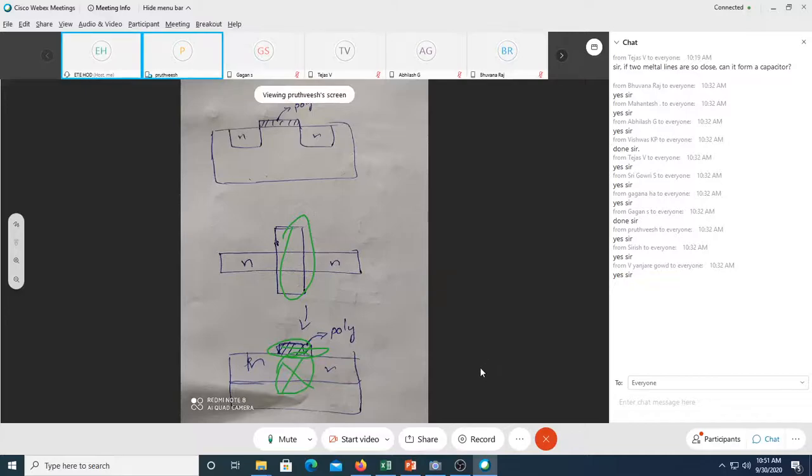So how about Euler's path and then the breaking of the diffusions? Prithvish, you can mute your phone, sorry, because my voice is echoing. Prithvish, you just take out your screen.